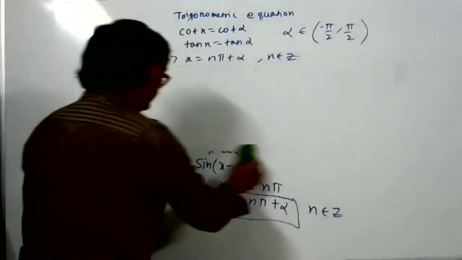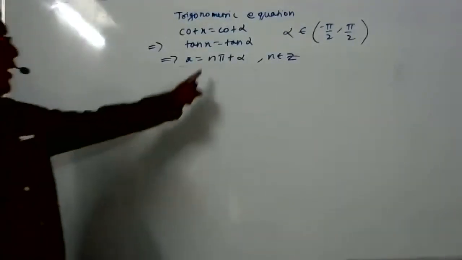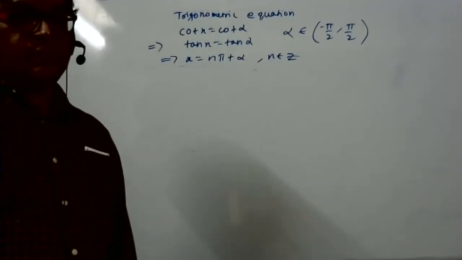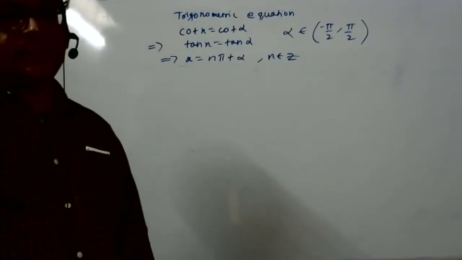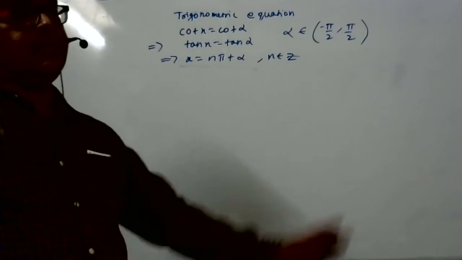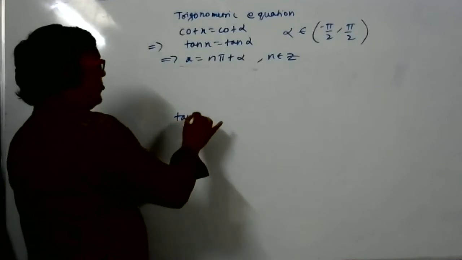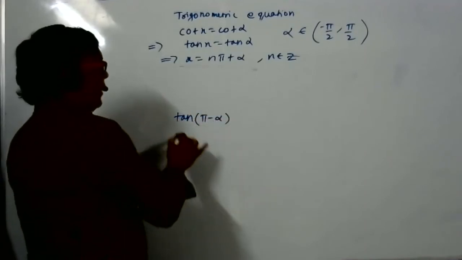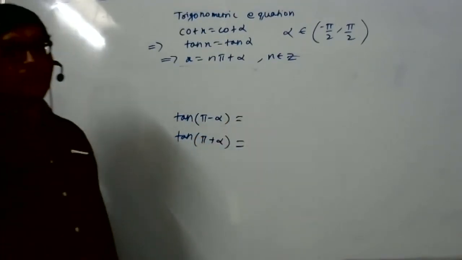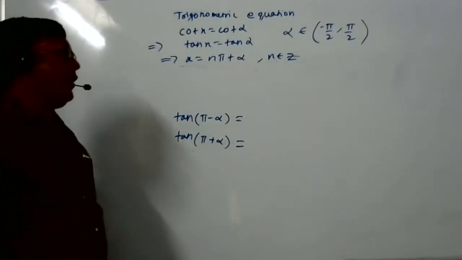So, in tan we wrote n pi plus alpha, right? Here also n pi plus alpha. Why is it not plus minus? We didn't prove how plus minus was coming. Sir, tan of pi minus alpha and tan of pi plus alpha, do both have the same answer? They have different answers. Tan of pi plus alpha means third quadrant, tan is positive.